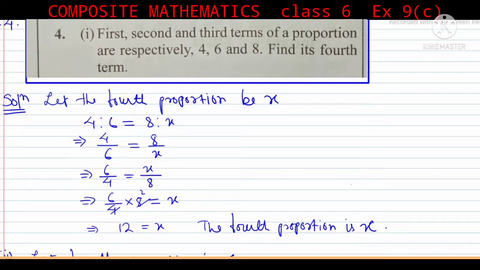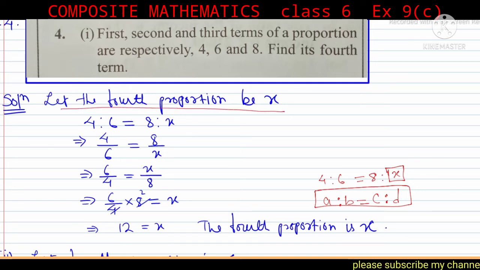We know that if 4 numbers are given, we can write it as A is to B is equal to C is to D. But if any of these terms is not given, then what can you do? So in place of A we are given 4, in place of B we are given 6, in place of C we are given 8, and in place of D there is no number, means this place is empty. So we have to consider any number or any variable. So we will consider x. So we have considered that let the fourth proportion be